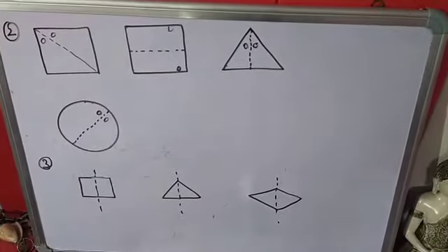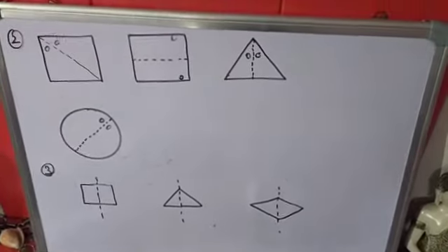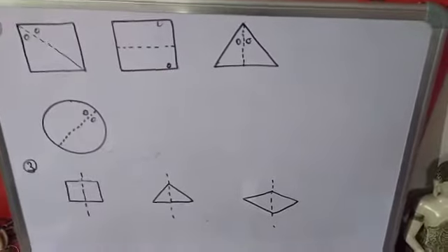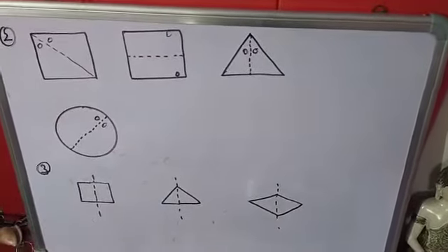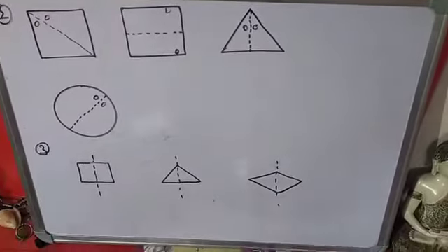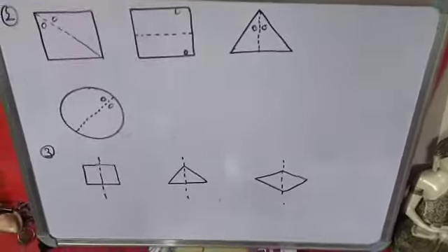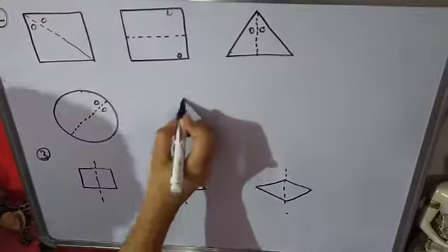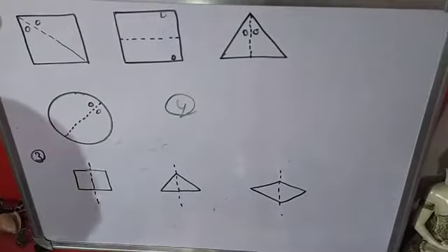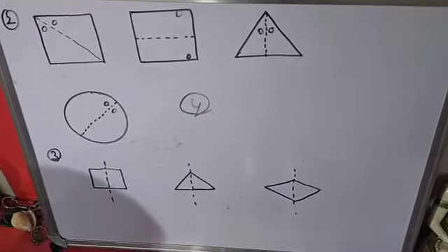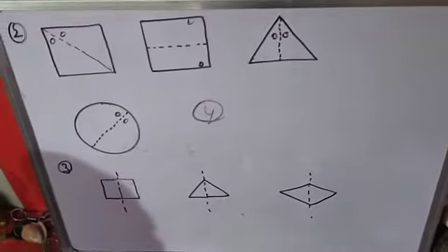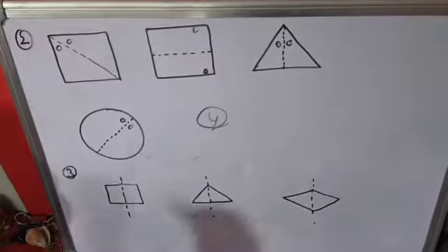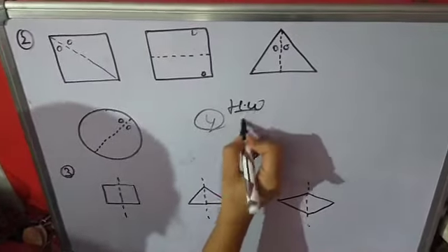You have to do these first question, second question, third, fourth. First four questions you have to do in the book only. Okay. Fourth question, beta, you have to do yourself. In the fourth question he is saying identify multiple lines of symmetry. You have to draw only the symmetry lines in the fourth question. Fourth question you have to do in the book only. Okay.